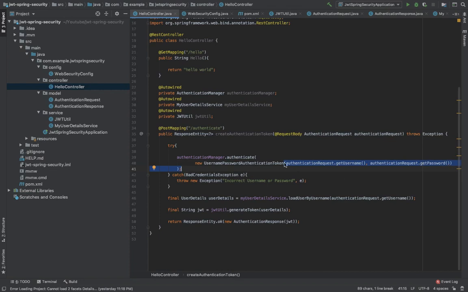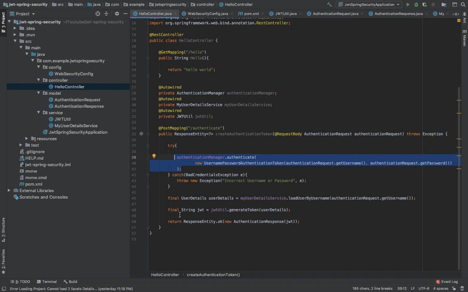This is the standard token Spring uses for authentication, not to be confused with the token we are creating in the util class. Then we need to put it inside a try catch block to handle the exception in case authentication fails.